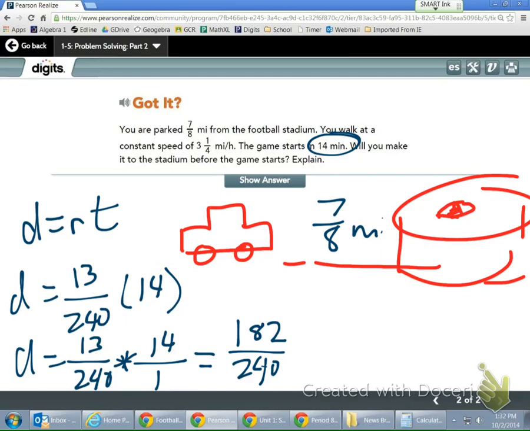Did I do something wrong? Don't you do KFC? Don't you have to switch the 14 and the... No, you don't. You do not need to switch it because are we dividing? When do we do KFC? When you divide fractions, and we're not dividing, right? So 182 divided by 240 is